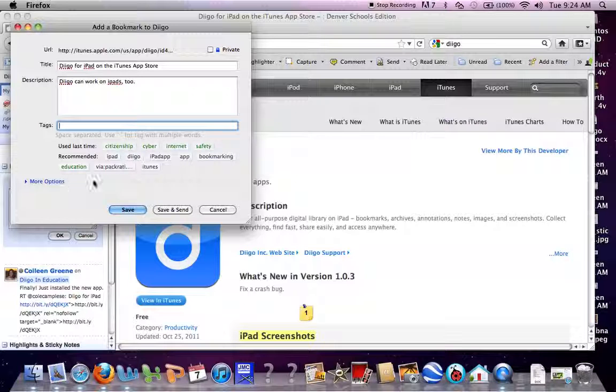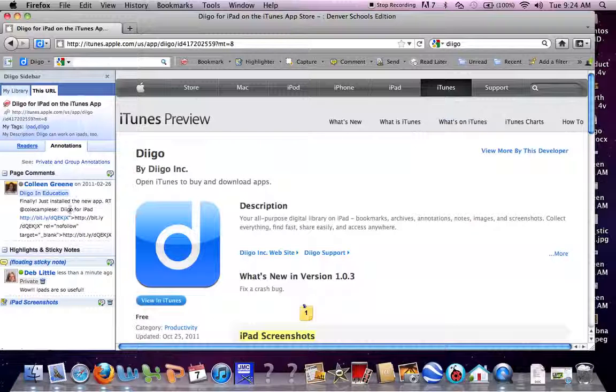Tagging is just a way, if anybody else is trying to find an article about your topic, if they're interested in those different things, it will flag it down for them. Okay, so I'm going to put iPad and Diigo in there. I'm going to click save,